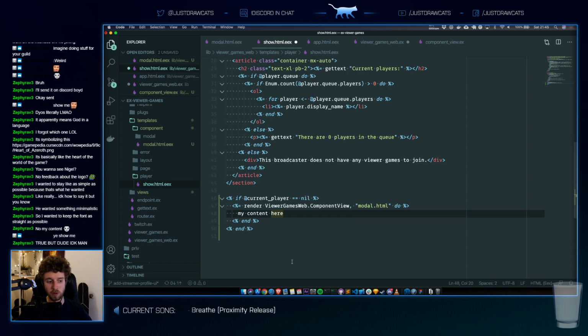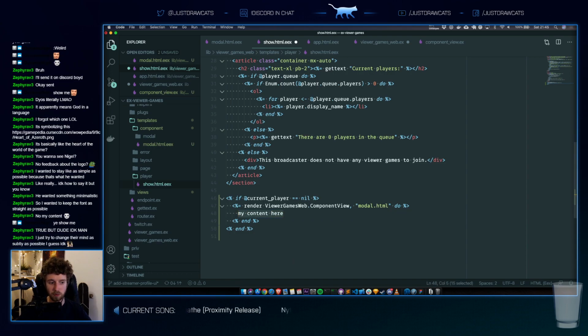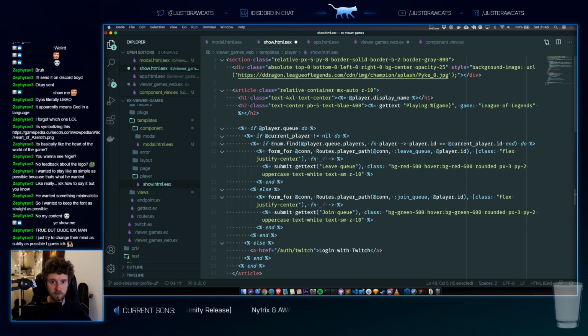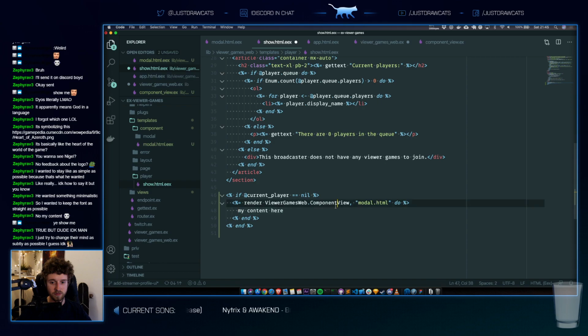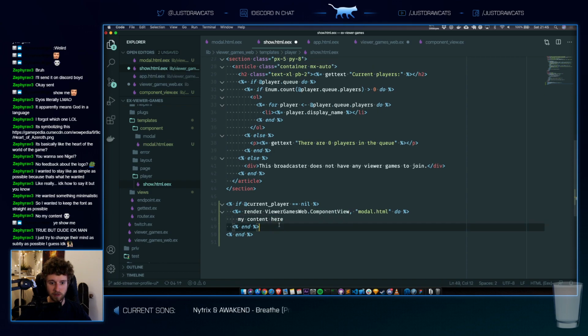Modals in HTML, this should be portaled out. I know for a fact that I need to do something here, but okay, whatever.